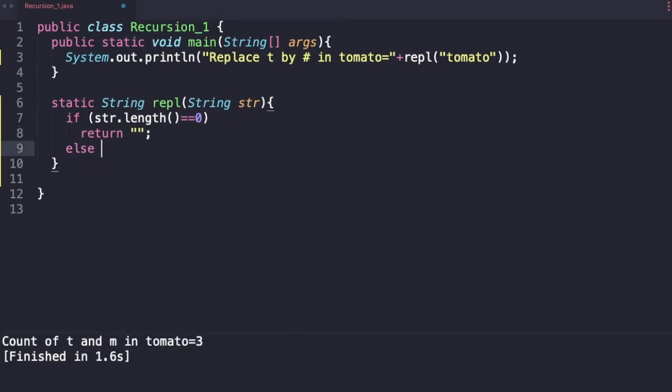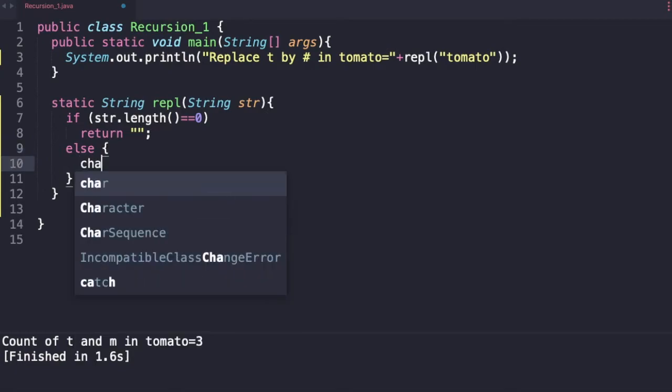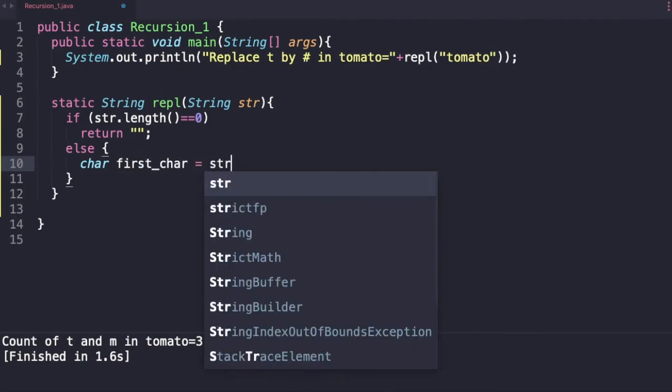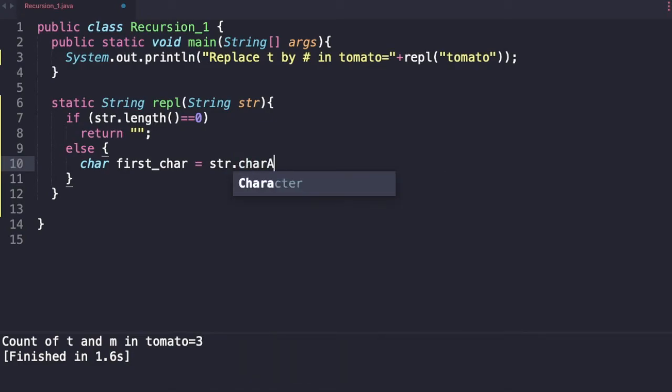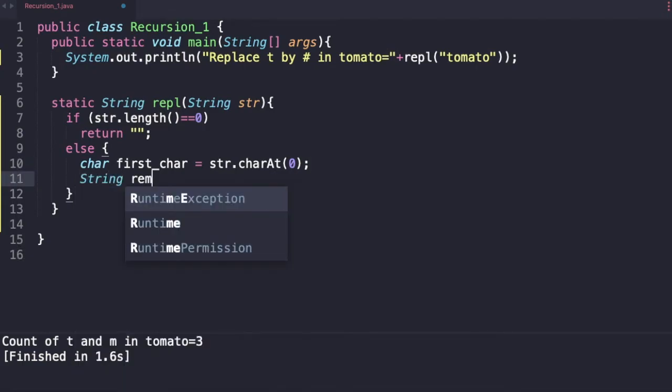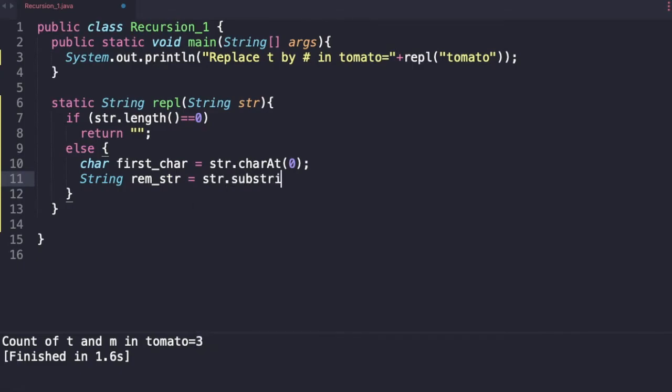Else what do we need to do? We will need to find out the first char. So I can say char first char is equal to str dot char at 0, string remaining string is equal to str dot substring 1.